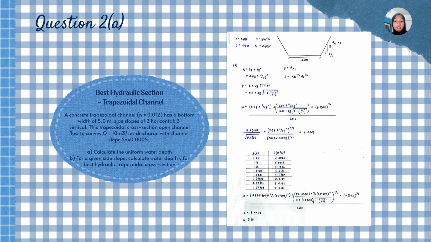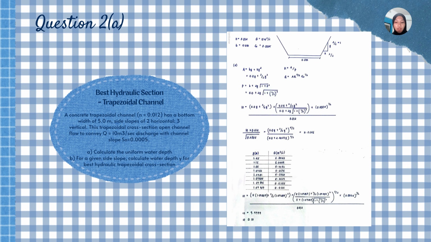The table on the right shows several values of y and the corresponding A and R. We calculated Q for each depth using Q equals 1 over 0.012 times A R to the power of 2/3 times 0.0005 to the power of 1/2. After several iterations, the discharge Q reached approximately 10 m³/s when y equals